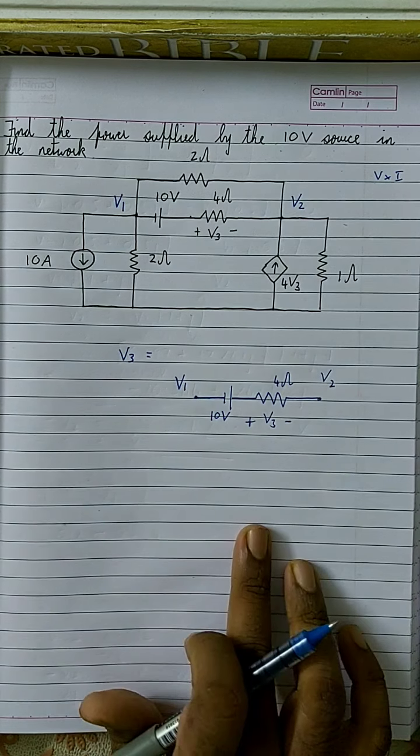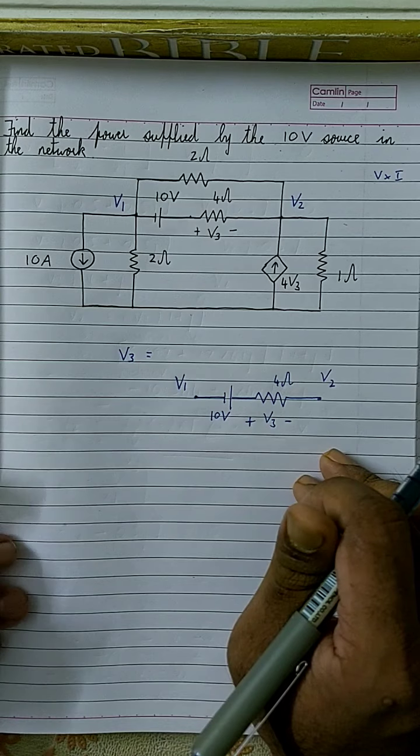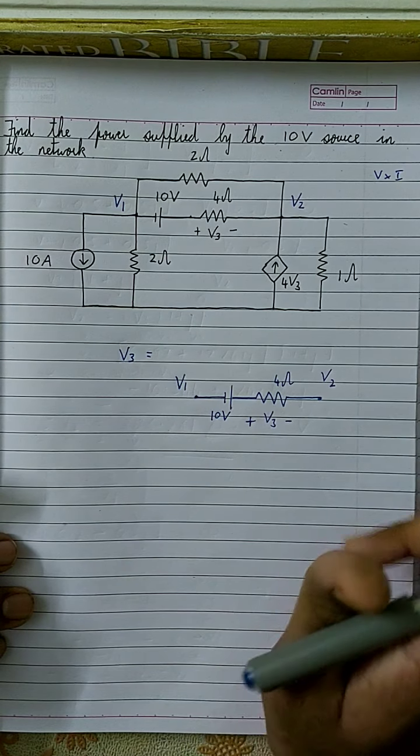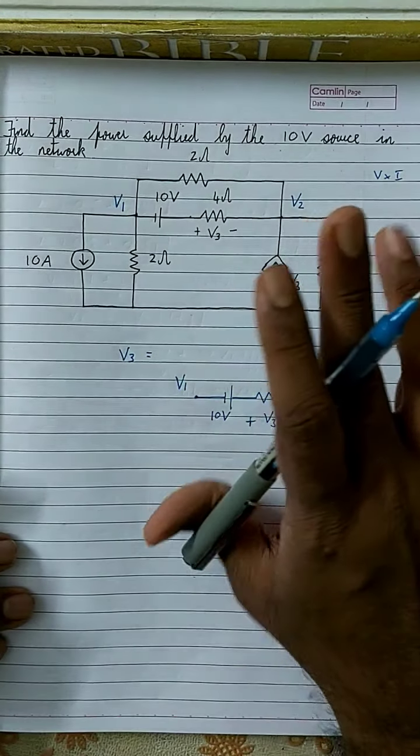Okay, so now what is the equation for V3? That's what I asked, right? What is the equation of V3? So you see, since I already told you that this is the higher potential, this is the lower potential, then you can say